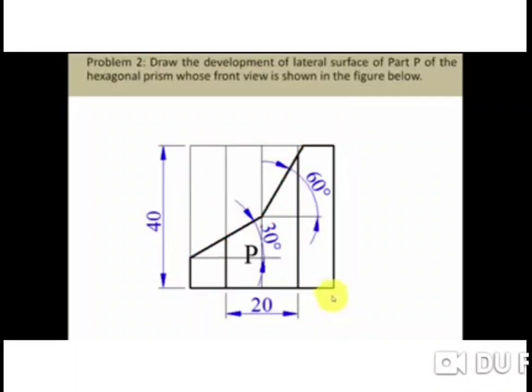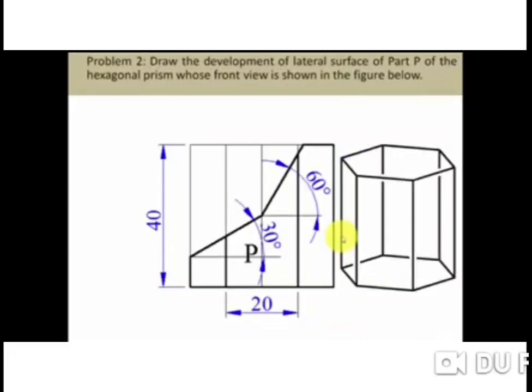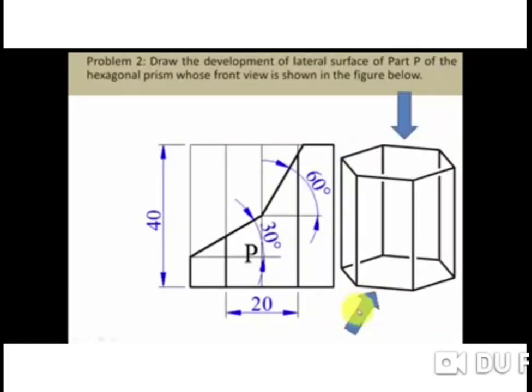Now we have to decide the top view. This is the top view. The arrows are shown here. In this direction we have to draw the front view. These edges are parallel to VP, so we are observing this line. How many lines are seen from this edge? 1, 2, 3 and 4. Exactly these lines are the back sides of this line and this line. So the base edge is parallel to VP. This is the top view.